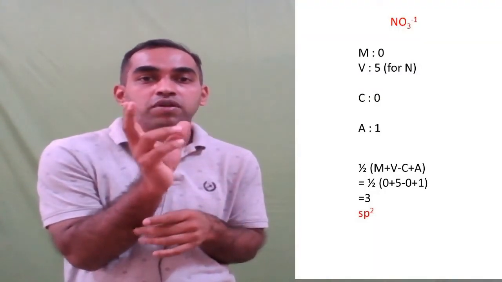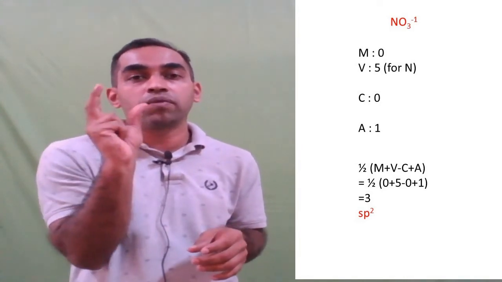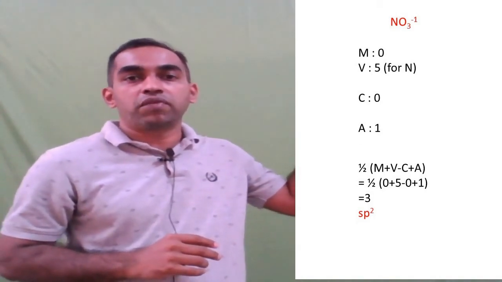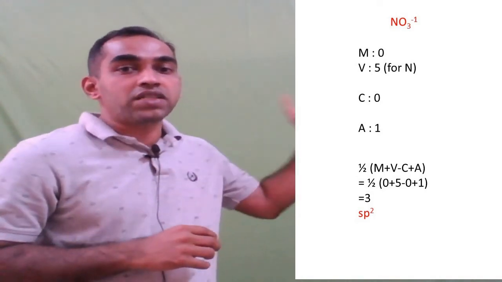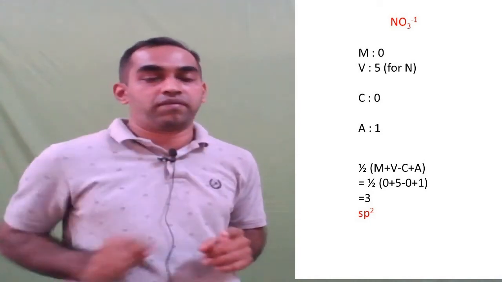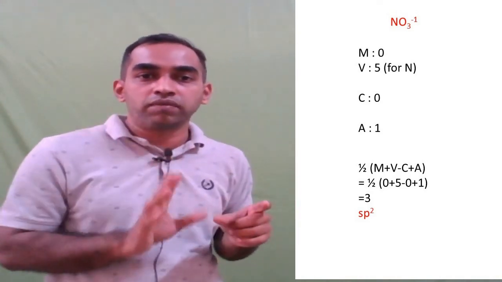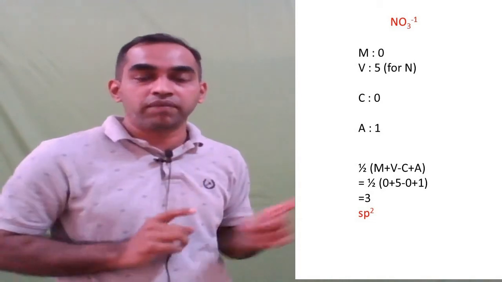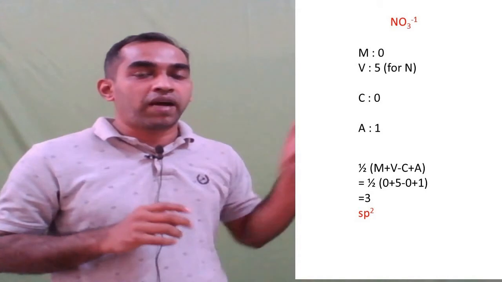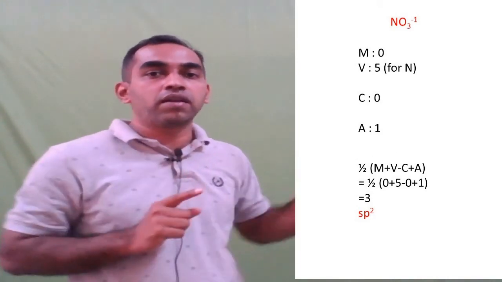Now look at HNO3 or nitrate NO3⁻. Suppose in some exam a question is asked, what is the hybridization of nitrogen in the case of nitrate NO3⁻. Apply this formula half into m plus v minus c plus a. Now the cationic charge is 0, anionic charge is 1 because it is NO3 minus 1, correct. So what does it become? Monovalent atom is 0. If it is HNO3 then it becomes 1, here it is 0. So what is the valency of nitrogen? That is 5. So 5 plus 1, 6, because the anionic charge is 1,